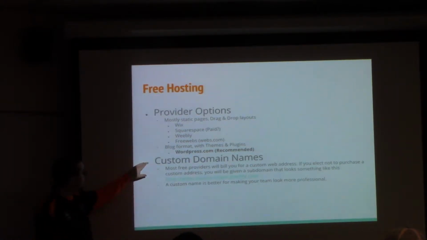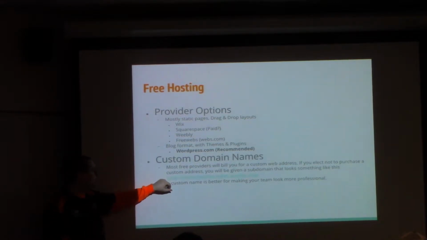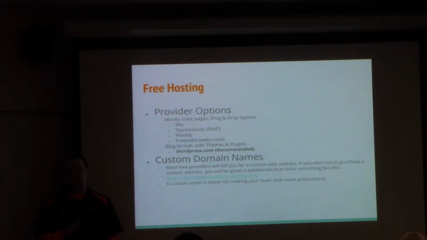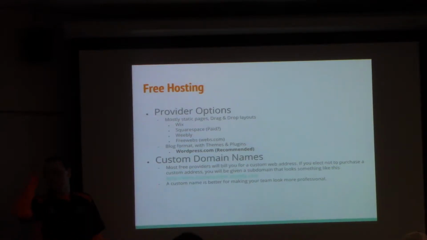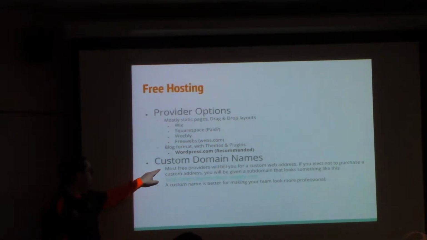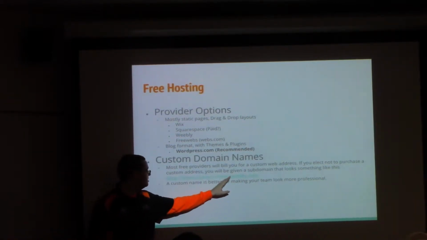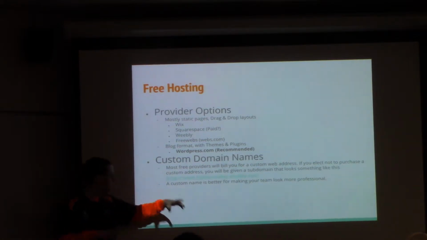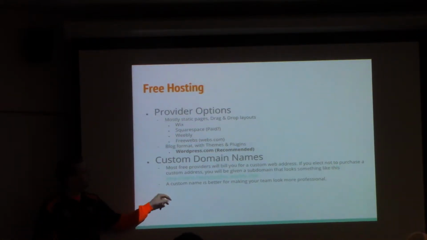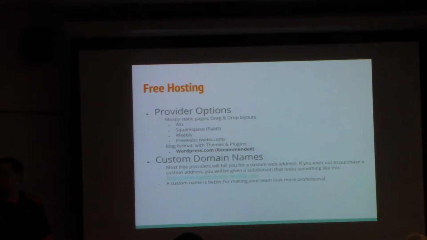If you do use a free hosting service, they are still going to charge you if you want a custom domain name. It's not very much though. It's like $14 or something. It depends. Generally, if a domain name is over $20, then it's overpriced. Per year. So otherwise, if you don't pay for a custom domain name, it's going to look something like teamname.weebly.com, .wix.com, whatever. And it's just going to look a lot more professional if you do go for that custom domain name. For example, we are Granite City Gearheads.com.